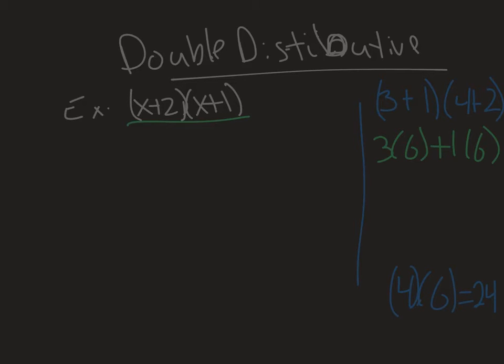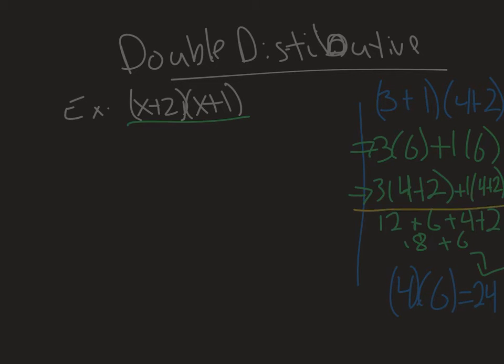I could rewrite this 6 as 3 times 4 plus 2 if I wanted to. And then similarly, I can do plus 1 times 4 plus 2. And then I can distribute to make 12 plus 6 plus 4 plus 2, which if I simplify, I get 18 plus 6, which we know that will get us 24. So this method works, and in particular, this is the line that's going to be most beneficial to us. So if we're looking at this expression now,